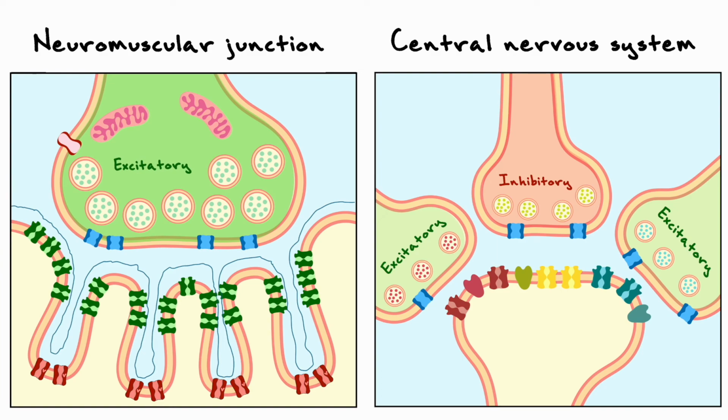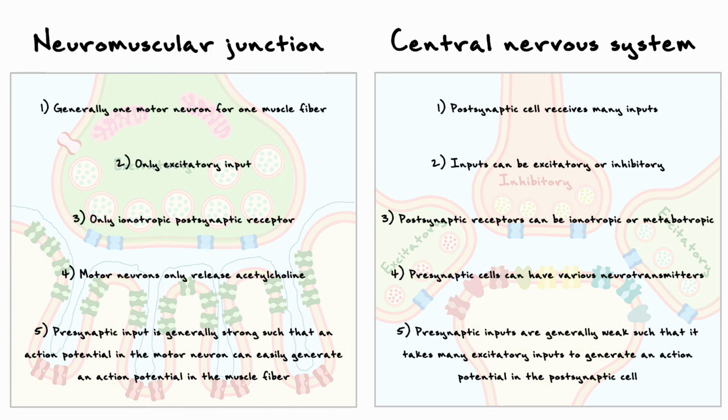As we've discussed, the threshold for action potential in the muscle fiber is rather low, so the effects of acetylcholine are very strong. In the central nervous system, the presynaptic inputs are generally weak, such that it takes many excitatory inputs to generate an action potential in the postsynaptic cell. Also, given the addition of inhibitory inputs on the postsynaptic cell, it adds an additional layer of integration that we will have to consider. In all, there are 5 main differences between the two systems that we shall consider in